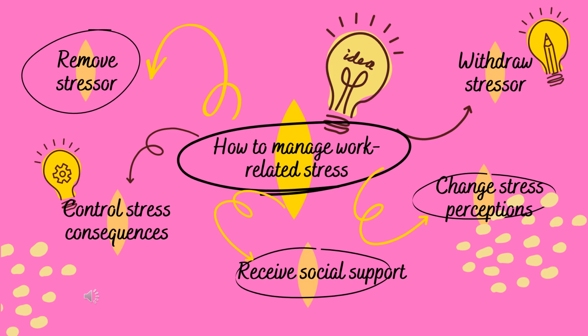The first strategy is to remove the stressor. There are many ways to remove the stressor, but some of the more common actions involve assigning employees to jobs that match their skills and preferences, reducing excessive workplace noise, having a complaint system, taking corrective action against harassment, and giving employees more control over the work process.